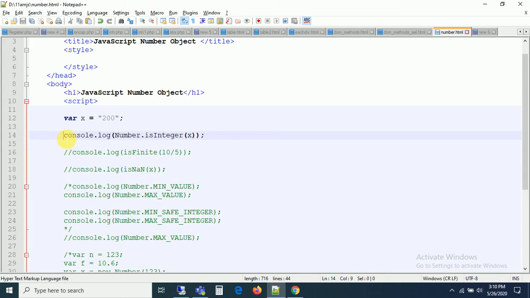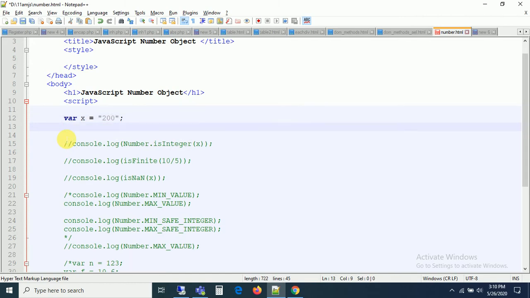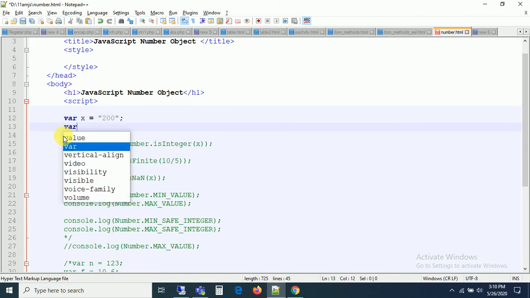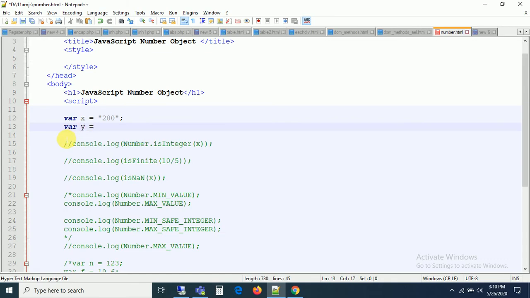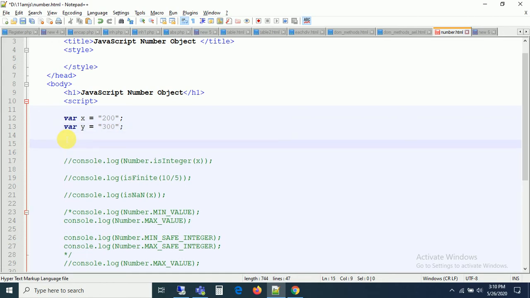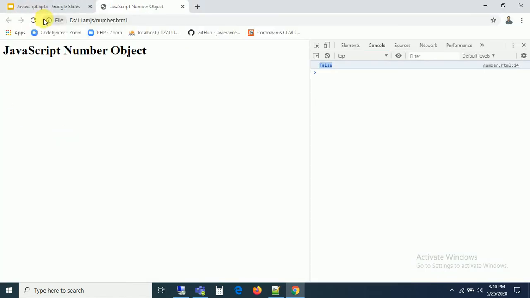In the same manner, we know that this is a string value. So if I keep it in double quotes or single quotes, it is not going to be a number. For example, I am taking one more variable, y equal to 300, in such a manner, right? So now you can see this is 300. Now I want to sum these two numbers. Can you see, if I write console.log x plus y, what output are we expecting? Generally people will expect an output of 500, but here I will get the output 200300. It is going to be concatenated here, because this is not going to be a sum, guys, because these two are strings.